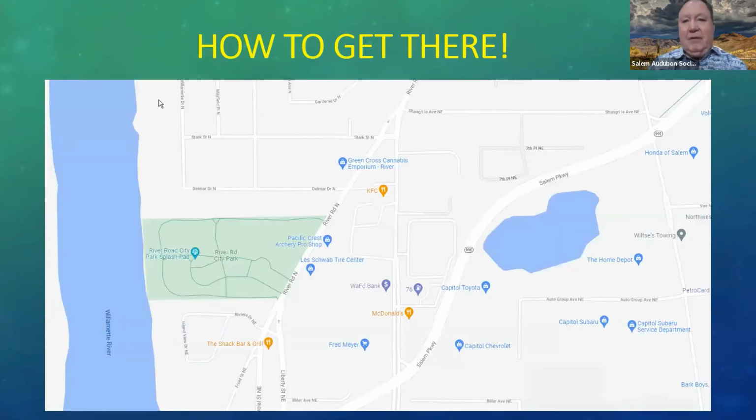So to get to this park from downtown Salem, you would just take Liberty Street northeast out towards Kaiser, and then it meets up with River Road here. And right when you get here next to Fred Meyer on your right, and you just join River Road, you'll take a left into the parking lot here and just go back to the back parking lot and park. And then we'll show you here in a second